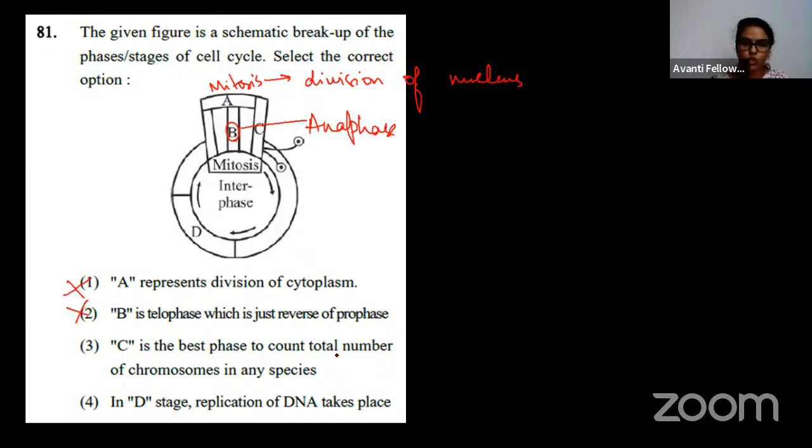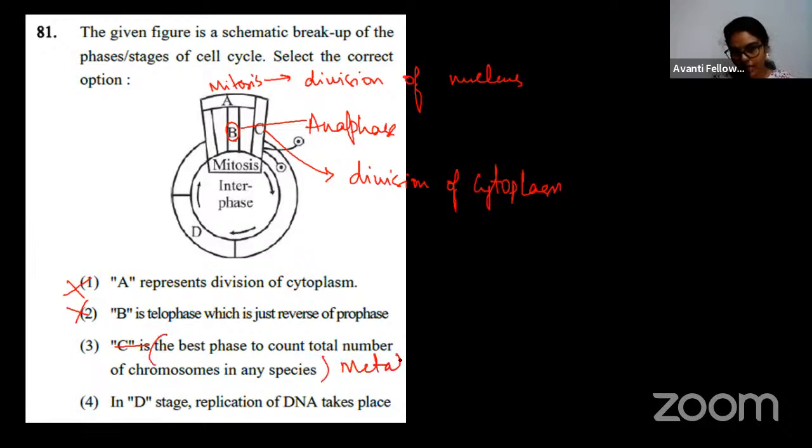C is the best phase to count total number of chromosomes in any species. No, no, वो मेटाफेज है. ठीक है, so यहाँ पे जो C लिखा है, C जो है ना बेटा, ये क्या होता है? डिवीजन ऑफ साइटोप्लाज्म. ओके, डिवीजन ऑफ साइटोप्लाज्म होता है यहाँ पे. ओके, बट व्हाट दे आर सेइंग हियर, इसको मैं हटा दूं तो द बेस्ट प्लेस टू काउंट द क्रोमोसोम नंबर इज मेटाफेज. दैट इज मेटाफेज. ओके, बहुत अच्छे स्टडी भी कर सकते हैं और काउंट करने के लिए भी मेटाफेज बहुत अप्रोप्रिएट है.